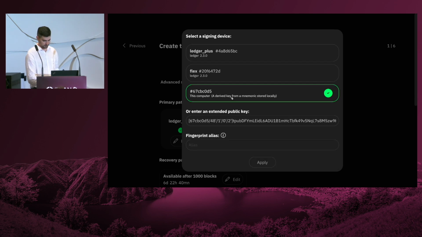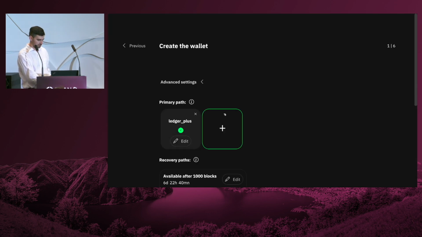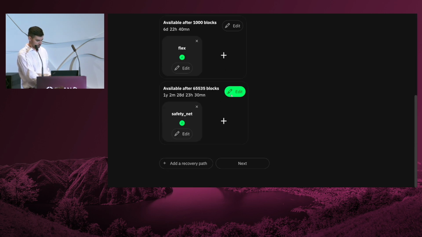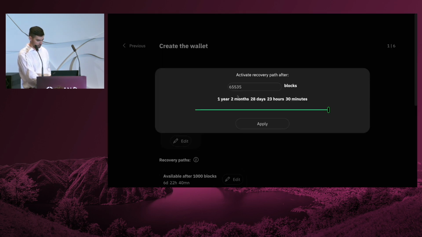Here, safety net. Okay, I need to modify the time lock as well. We had 1000, so let's put, I don't know, 2000 blocks here.